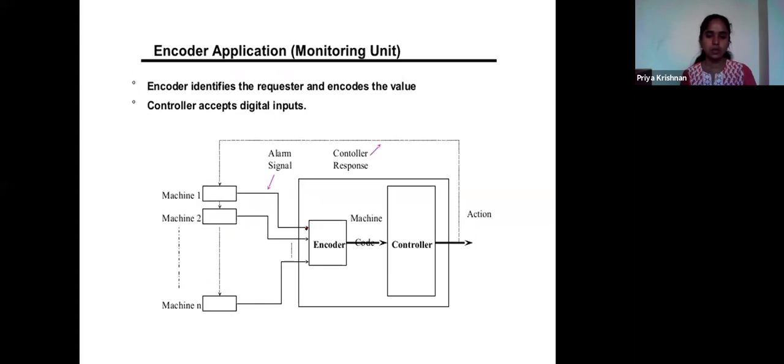This machine is connected to D0, so what will be the machine code? The code is 00, and 00 is given to the controller. Now the controller knows machine 1 has a problem, and it will give a stop signal to machine 1 so that it will be stopped. So this is the application of an encoder.